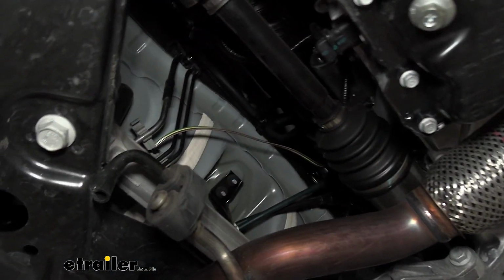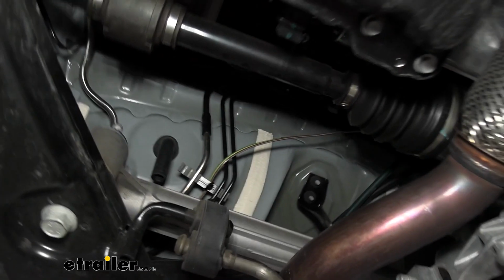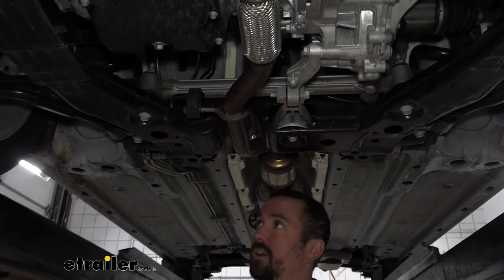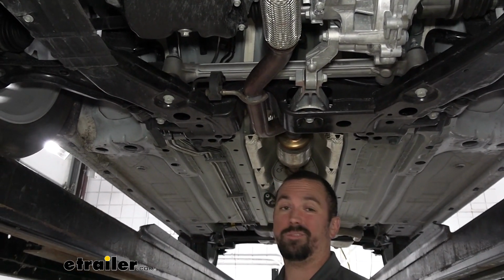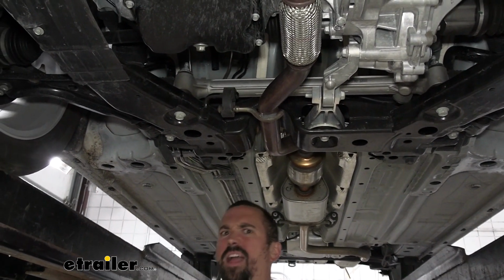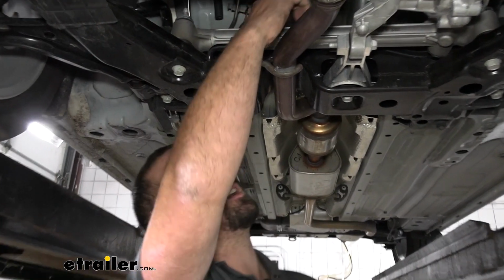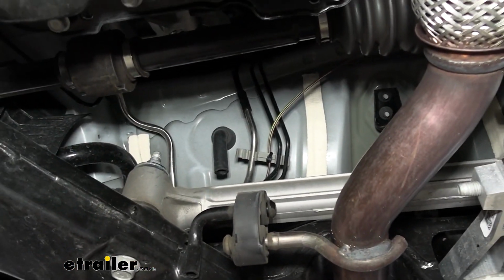Now underneath the vehicle, I've gone ahead and just routed our wire down, and the main thing that we're trying to avoid when running our wire back is any exhaust, because it's going to burn the wire, any suspension that might pinch or scuff the wire up, and really anything that's moving. So the main thing I try to do is follow some of the factory wiring, as it's generally in a safe location. So as I tuck this down, there is a sway bar here,